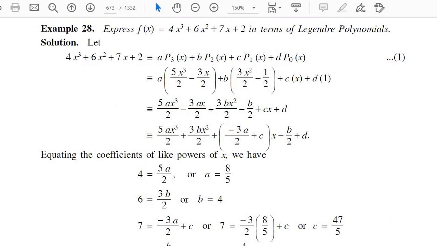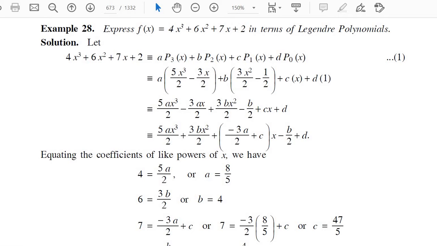Now you see the same problem I have just written from this textbook itself. So it is also a good idea to express it in this way. This polynomial is sometimes of p3. Because it is x cube, it will not contain polynomials after p3 of x. So sometimes of p3, sometimes of p2, sometimes of p1 and sometimes of p0. We do not know what the values of A, B, C, D are. These A, B, C, D are to be determined such that this matches with this particular given polynomial.